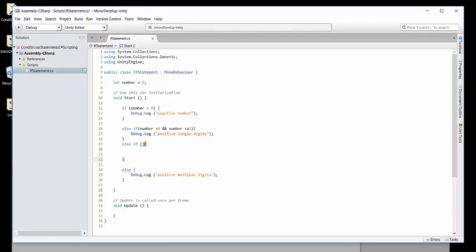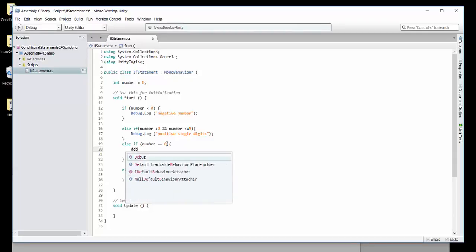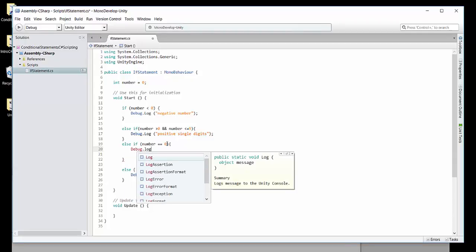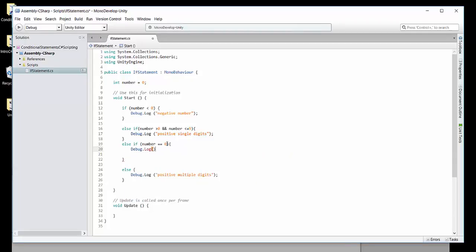So we're going to say else if, in this case, if number is equal, but here, similar to the and sign, we have to use equal equal 0, and then we would provide a debug message here, and we could just say that we are writing that it is, let's do lowercase 0,